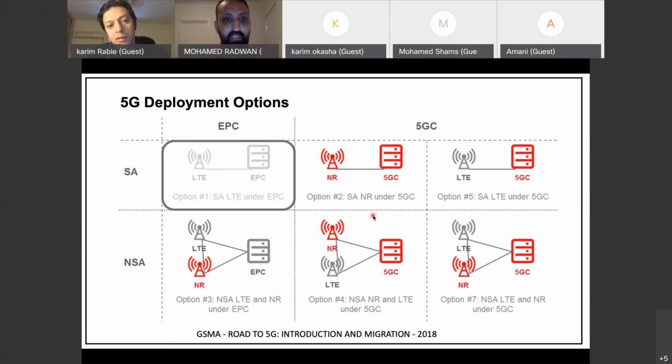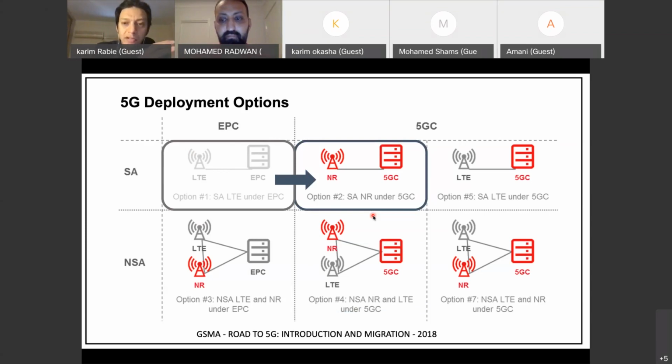Great, so we are here in option 1. The majority of the community and the industry believe that that's the transition we want to have, right? That's the target architecture: we have a 4G and then we hop to 5G. But for sure, such a transition is not easy. It's very disruptive, with huge impact on the network.